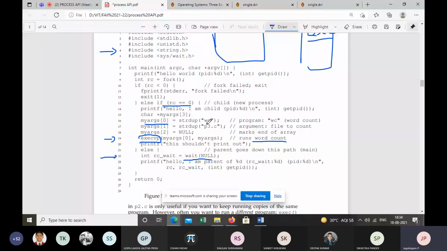So in line 16, the argument 0 is to find word count in a file. Now, when we use exec system call, we are passing an argument inside the parenthesis. We are passing an argument as args0. So this exec system call will run the program to find the word counts.